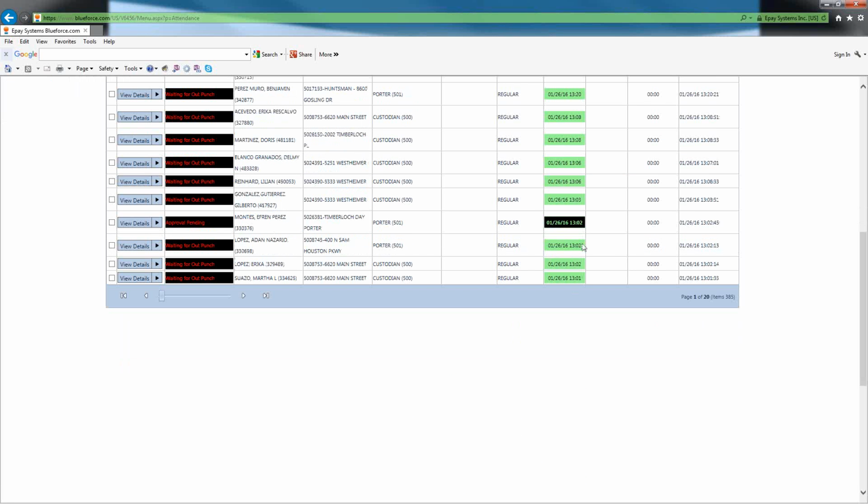Like this one in the middle of the screen has a black background. What that's telling you, once again, is that the employee either, if it's phone in, meaning the green text there, called in from a phone number that's not registered in the system. Simple as that. So what typically happens is they're calling from a phone number that's not registered, we don't have